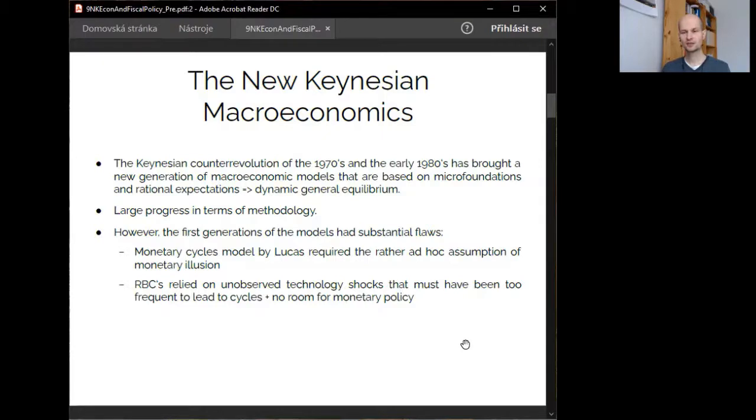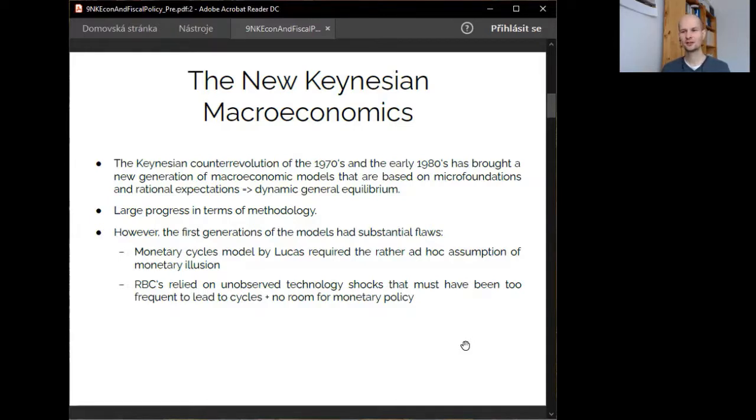These shortcomings led to the development of a new framework that started mainly as a response of a younger generation of Keynesian economists who were willing to keep room for policy, for monetary and fiscal policy, for both of them, in macroeconomic models,